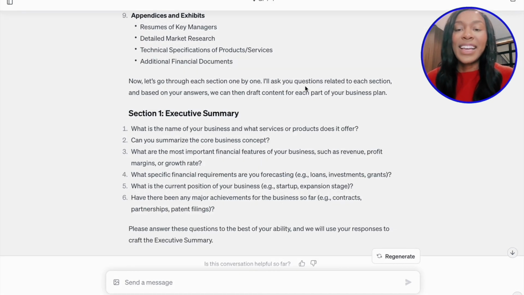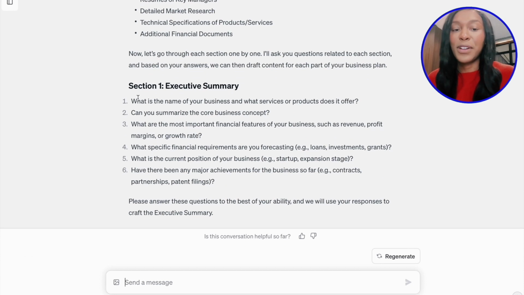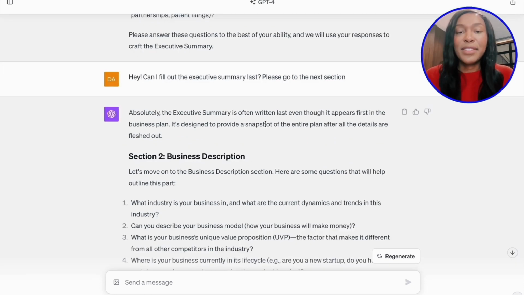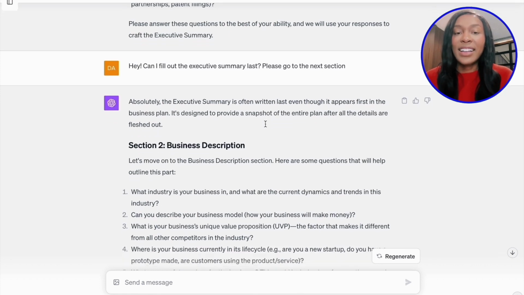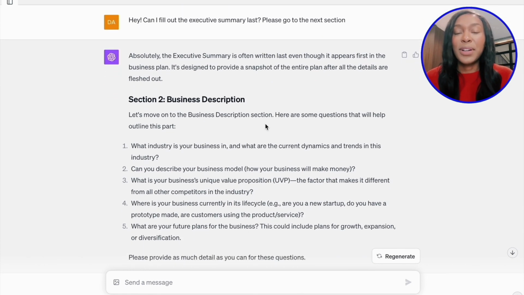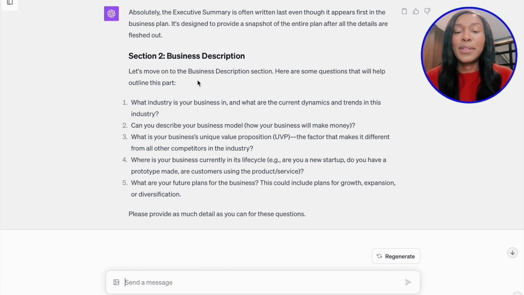And at the bottom it says, now let's go through each section one by one. I'll ask you questions related to each section, and based on your answers, we can then draft content for each part of your business plan. And because the executive summary wraps up everything included in our business plan, we're going to do that last. And so the first section we're actually going to do in detail is the business description. And so ChatGPT has 5 questions that we need to answer in order for it to write a business description